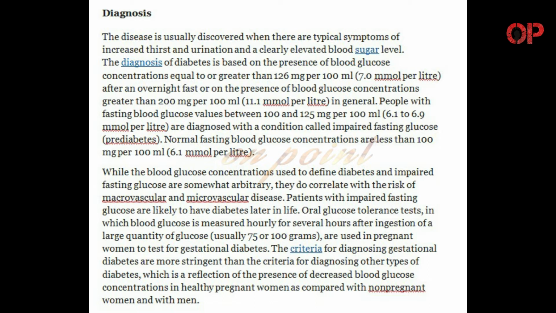Oral glucose tolerance tests, in which blood glucose is measured hourly for several hours after ingestion of a large quantity of glucose, usually 75 or 100 grams, are used in pregnant women to test for gestational diabetes. The criteria for diagnosing gestational diabetes are more stringent than the criteria for diagnosing other types of diabetes, which is a reflection of the presence of decreased blood glucose concentrations in healthy pregnant women as compared with non-pregnant women and